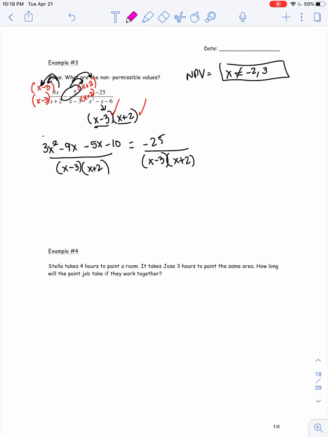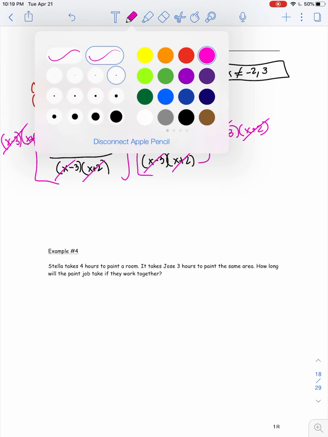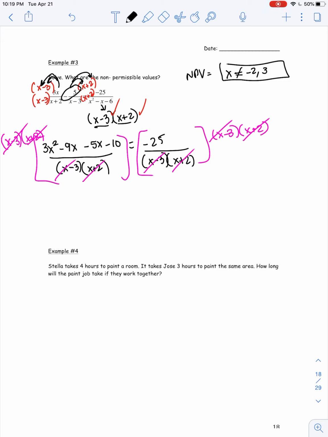And now we always want to multiply the left side and the right side by that lowest common denominator. So you're multiplying the top by x minus 3, x plus 2. What I do to one side, do to the other. And what that does is it crosses off all the bottom pieces because they're identical. Whenever you have the exact same factors on the left side and the right side, they actually cancel each other out. So what you're left with